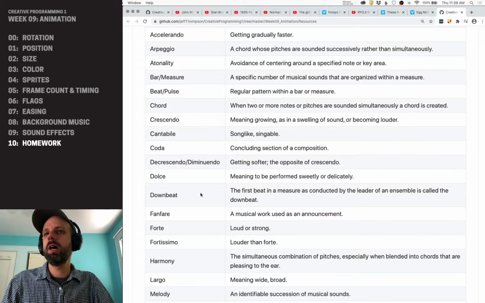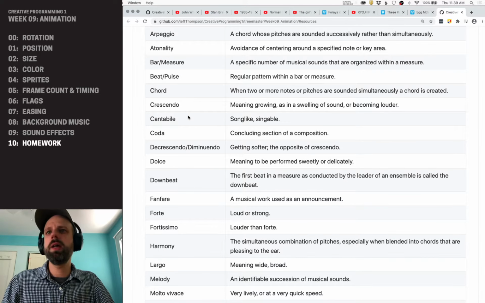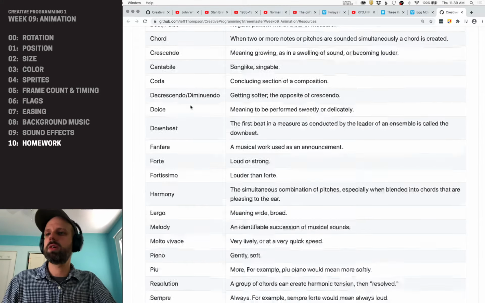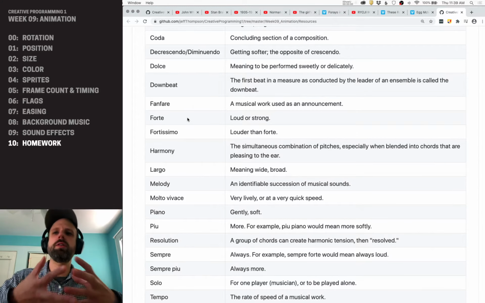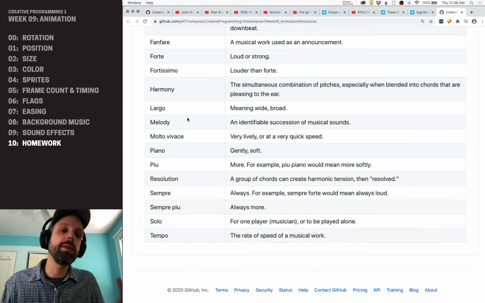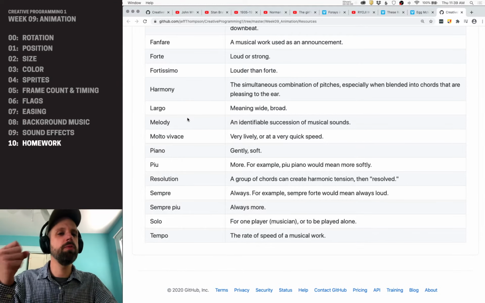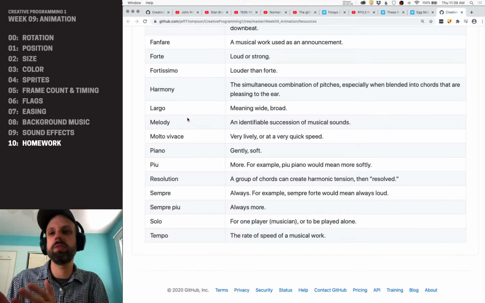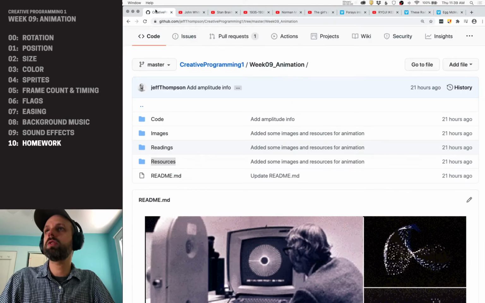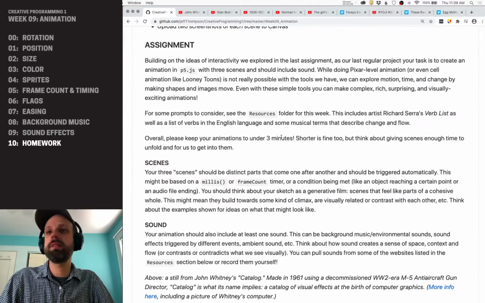So like cantabile, songlike or singable, or crescendo, something increasing over time, or largo being spread out. Repetition. Solo, another idea that could easily be translated where maybe you have a bunch of pieces and then it switches to a solo where it's a single shape. Could be really cool. So I think those verb lists and other resources might be good, especially if you're feeling